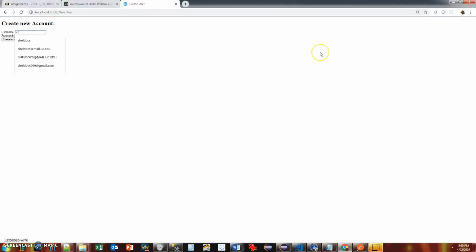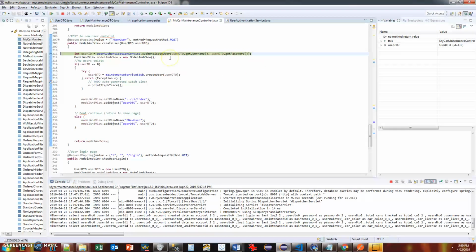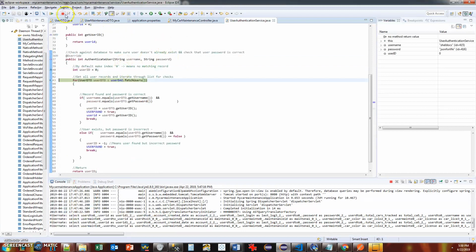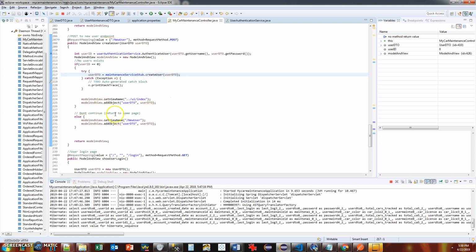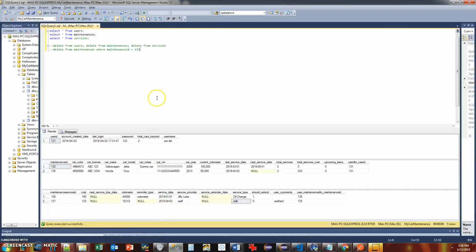So now we can create an account. I'm going to do my email address, some password. Okay, so now it comes in here to the post, and it's looking at this. It authenticates the user. Then it creates the, okay, it sees that user doesn't exist, so it creates it. Which now, if we look in the database,